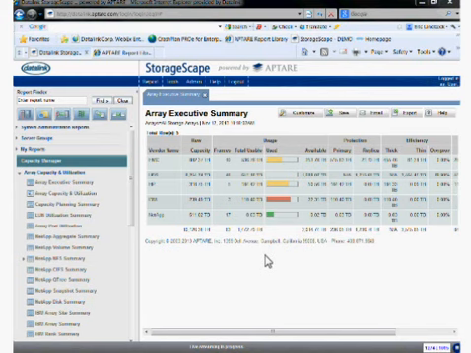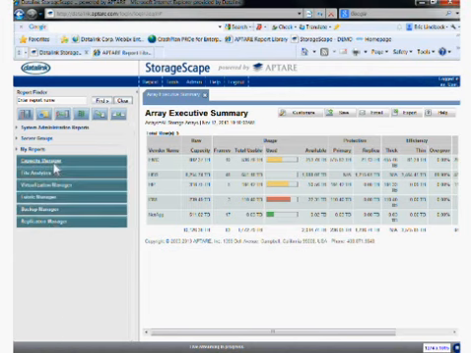So what you see here, this is a sample login screen. Over on the left, let me start with that. We have the main areas of the product. Capacity Manager is what we're going to be talking about today, so I'll skip that for right now. But the other modules within the product bear a little bit of discussion just to let you know that they're there. Each module is licensed individually, so you pay for what you need, and we'll size that